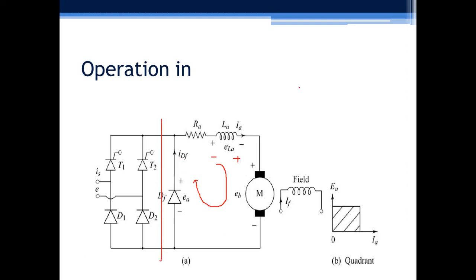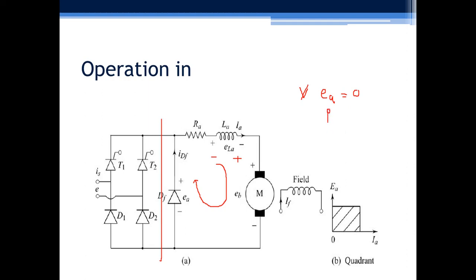So if you observe the output voltage EA here, that will be nothing but voltage across the diode, that will be 0, and here the load energy is traveling through this diode DF into the load itself, that is providing a kinetic energy to the load,